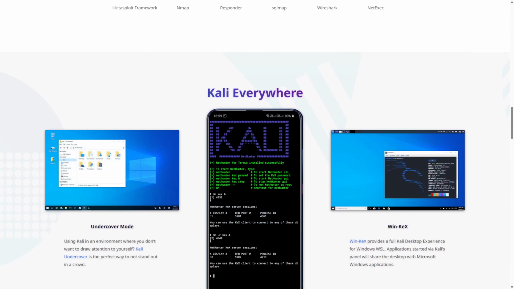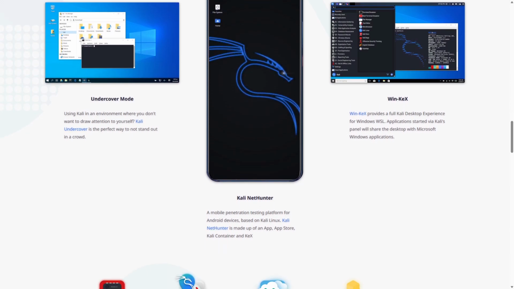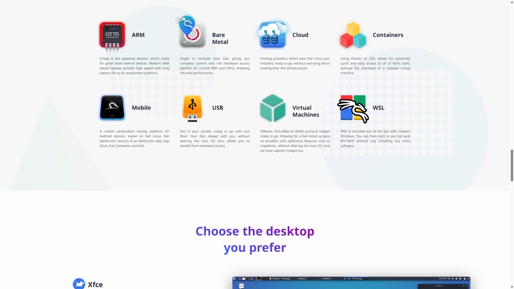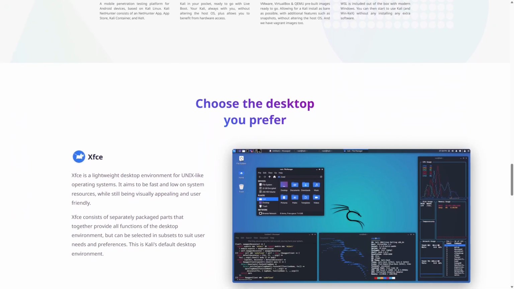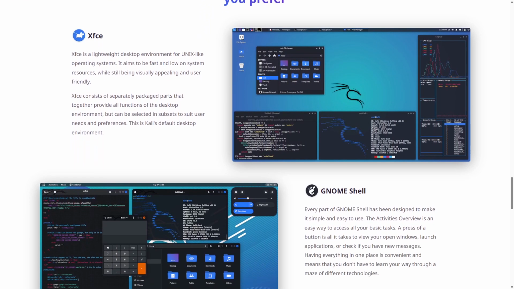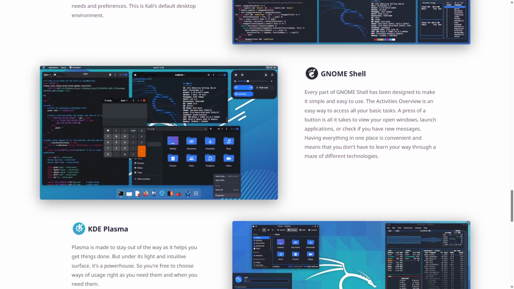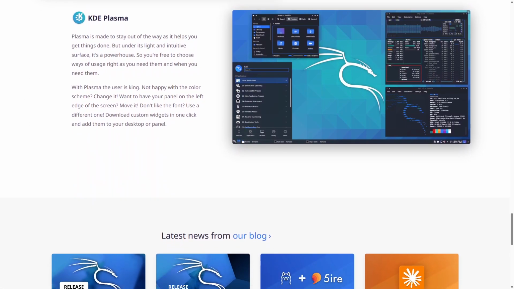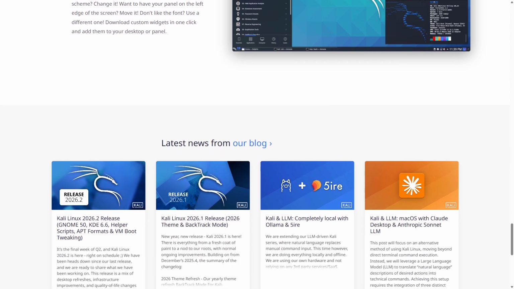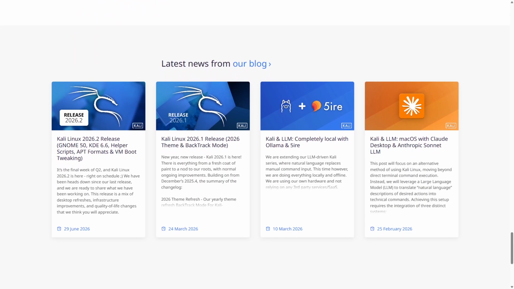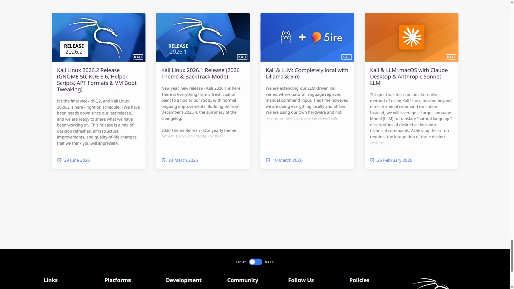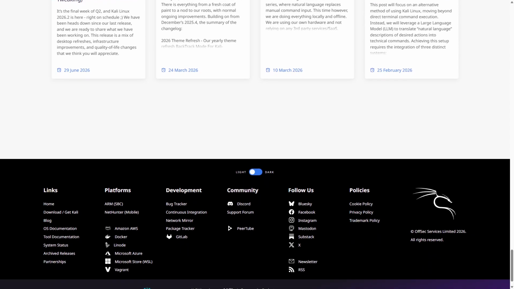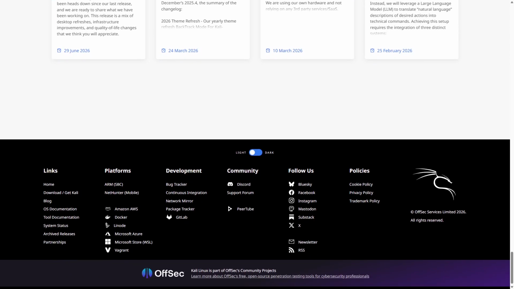Its strengths lie in the extensive toolkit, official support for ARM devices, and frequent updates to maintain the latest exploits and security patches. Limitations include a larger system footprint and the fact that it's not intended for general purpose use or daily computing. Kali assumes users have a fundamental understanding of security concepts in Linux. For those focused on cybersecurity tasks, Kali provides a comprehensive platform without the need for manual tool installation, streamlining the workflow for penetration testers and ethical hackers.